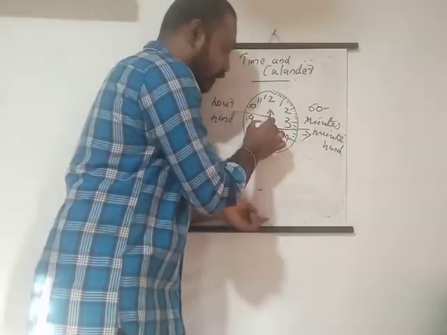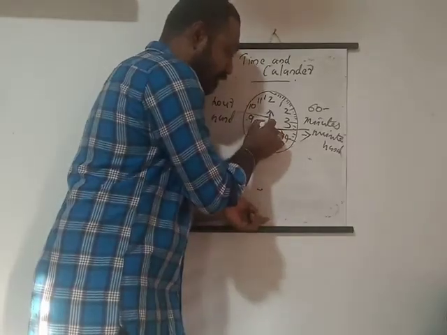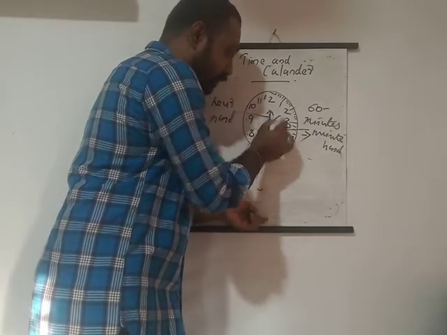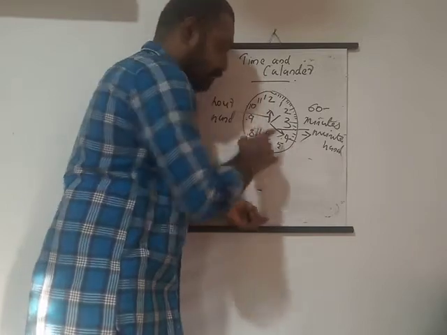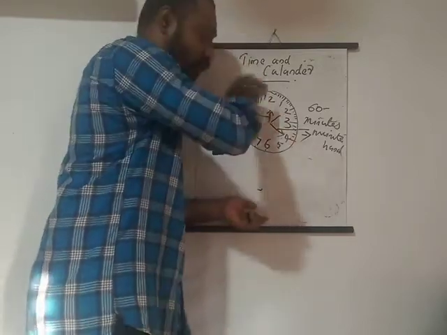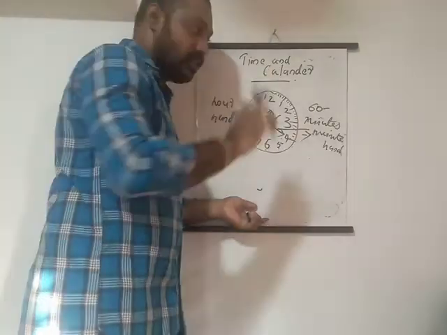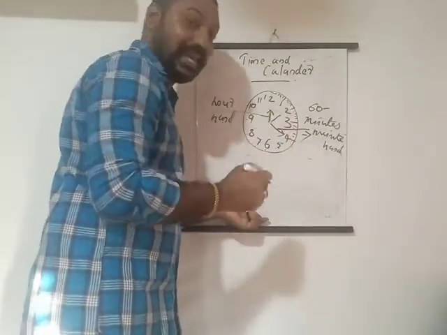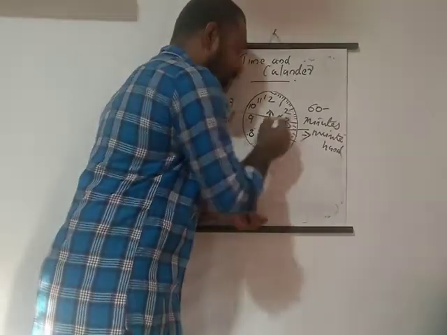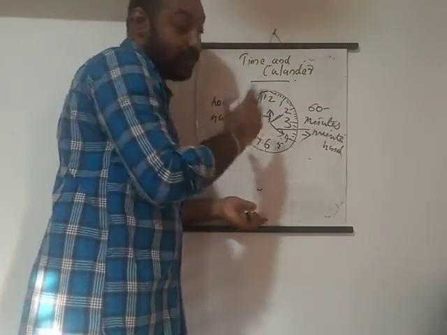Then there is a hand that rotates very fast. It is long, but its thickness is less as compared to the minute hand. It is moving or rotating all the time, which you can usually see on the clock. That is called the second hand. These are the main things we can see on the clock.